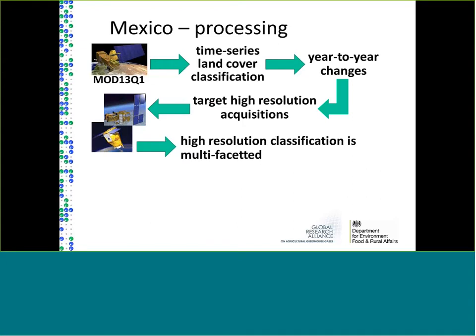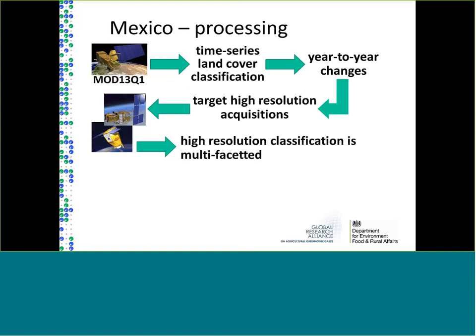And for this, a different classification approach is used, which is multifaceted and based more on looking at the principal components of the spectral signatures, a vegetation index comparable to the MODIS one, NDVI, but derived from the SPOT image channels, and the use of image segmentation